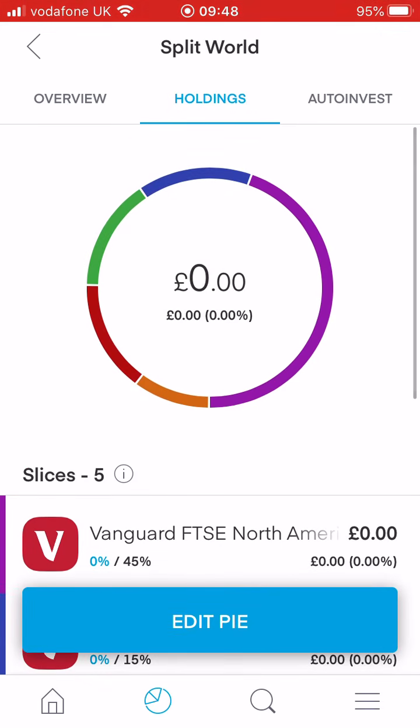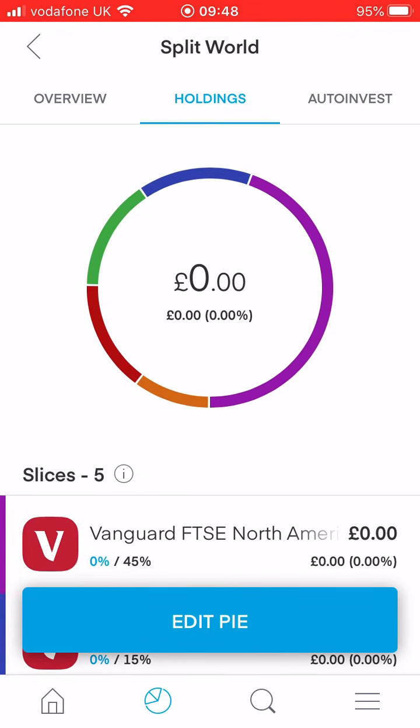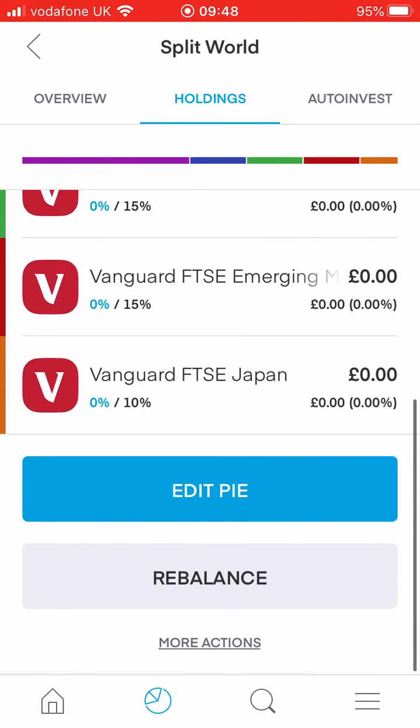And yeah, it's quite easy to do, something you can do regularly, and just an easy way to get into the markets without having to do that much research,